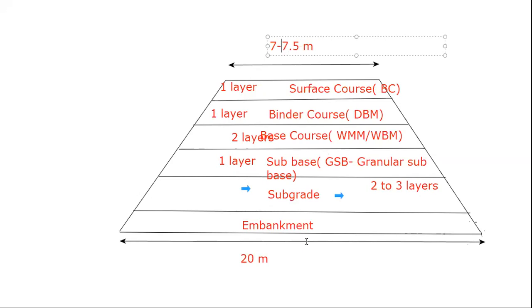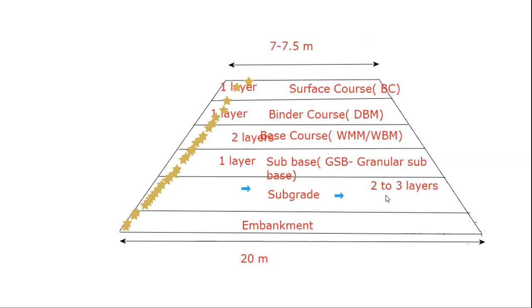You can see here how the construction has been done. Initially the width is more. That is the load, you can see here, I will just show. The load will be transferred in this portion, that is in a trapezoidal portion. The load will be distributed in the trapezoidal manner. So the top width will be lesser and the bottom width will be greater, so it will be in the form of a trapezoidal portion.